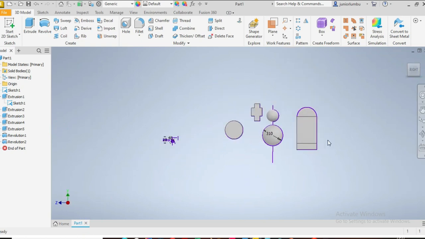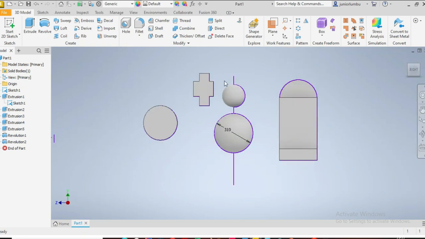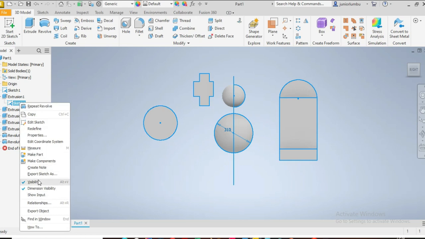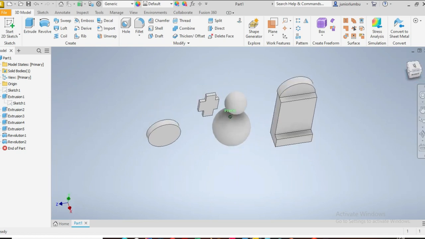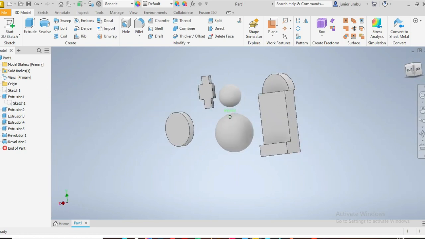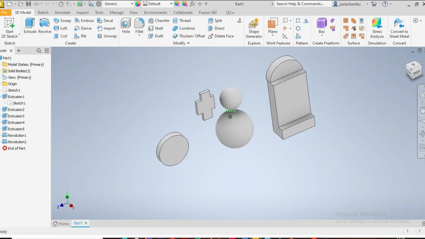there you go. So now if you want to remove these lines here, these sketch lines, what you have to do now, you need to come back there on sketch, you right click on your mouse, and then you deactivate the button for visibility. Remember, it's checked there, you uncheck it there. There you go. Now you have those figures. Okay,